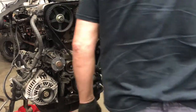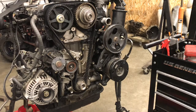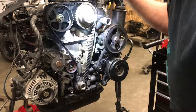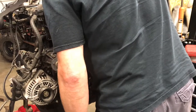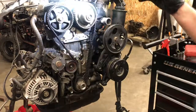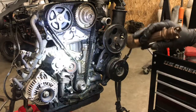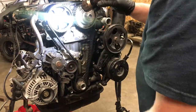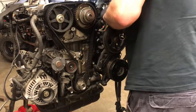Is that the valve cover gasket leaking or not? I was a little concerned about all the oil all over the timing belt cover and that it might be an oil seal, but it looks more like it might be the valve cover gasket. I almost venture that it's...